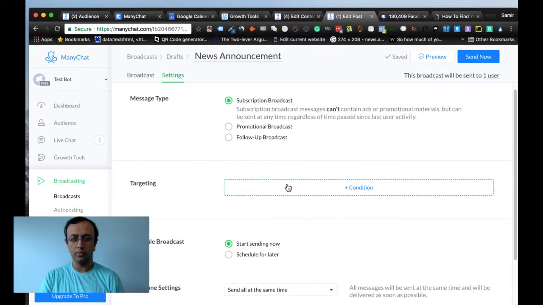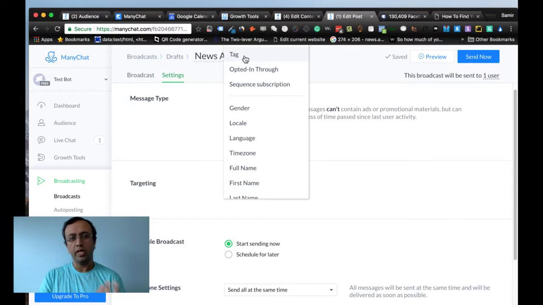Let me scroll down. You can choose based on the tag, the label, or how they opted in, or which sequence they are subscribed to, as well as their gender, the location, the language, time zone, full name, etc. Right? So there are so many options.